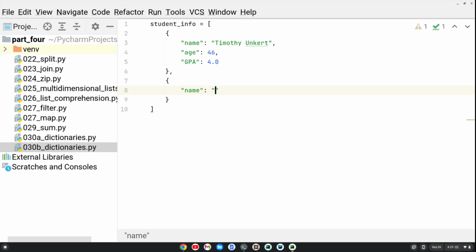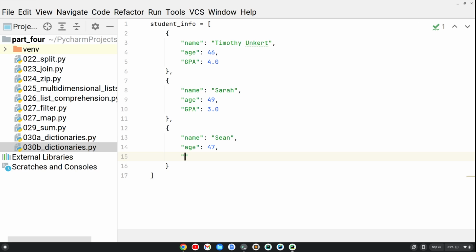So next one, we're going to have name, Sarah, age, 49, and GPA, let's do 3.0. Okay, next one. So we're having a few different dictionaries of student info in this list. So we're going to have name, Sean, age, 47, and GPA is going to be 3.5. Okay. All right. So now that we have this list of dictionaries, what we can do is iterate